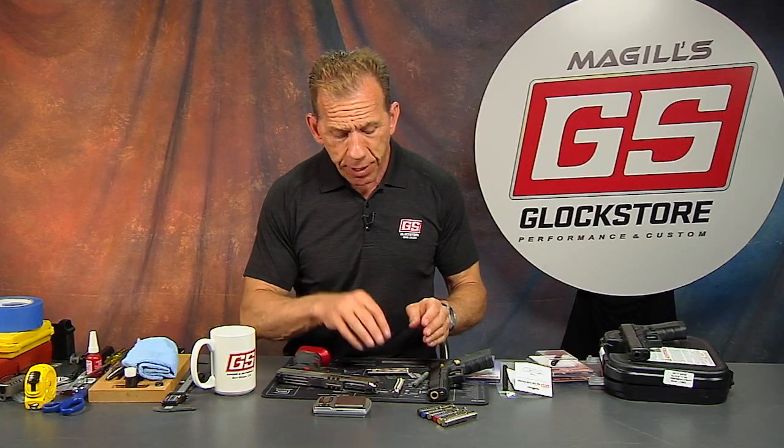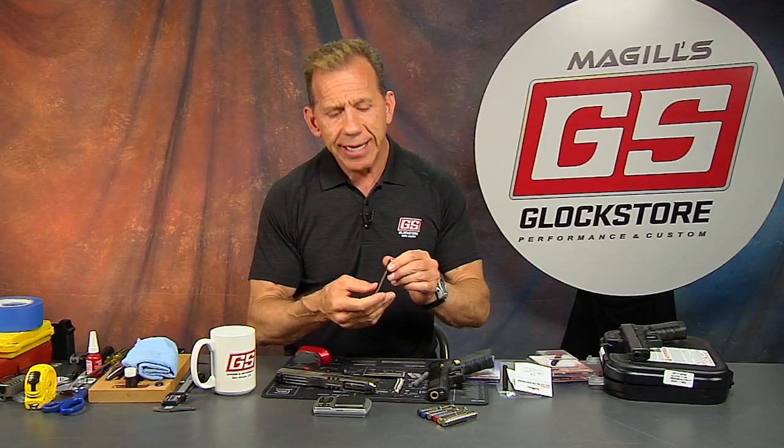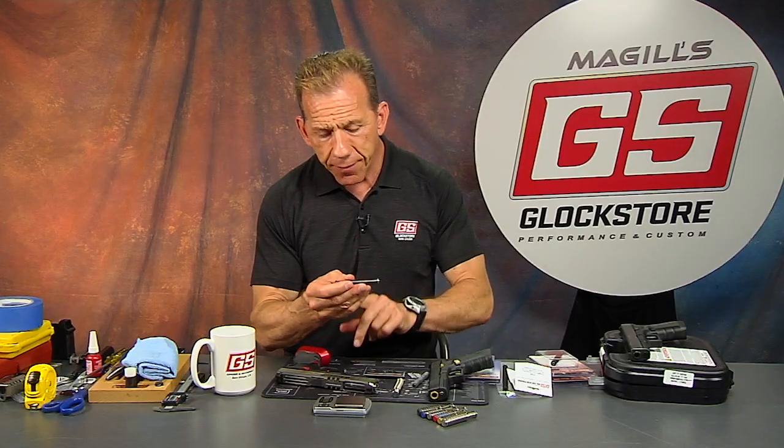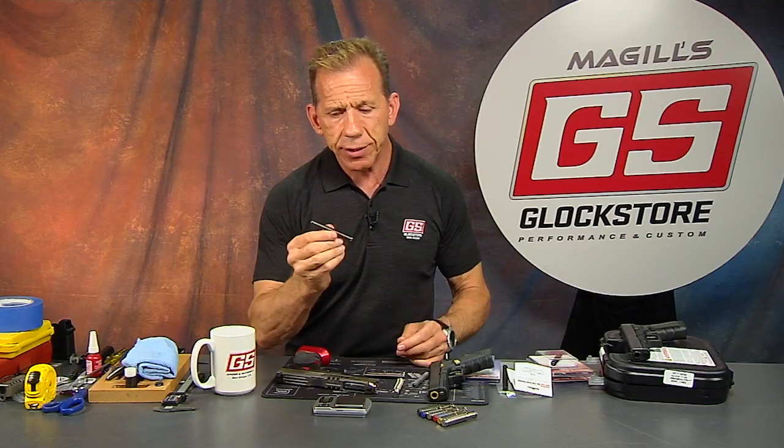And those spring weights are available, like I said, for the different guns. Now, keep in mind the Glock 17 and 23, the Gen 3 guns, use a different spring. Their factory weight is going to be 18 pounds. We also have a 15 pound available, and then we have a 20 and 22 as well. So those are the spring weights for the 23, 19, and 32,